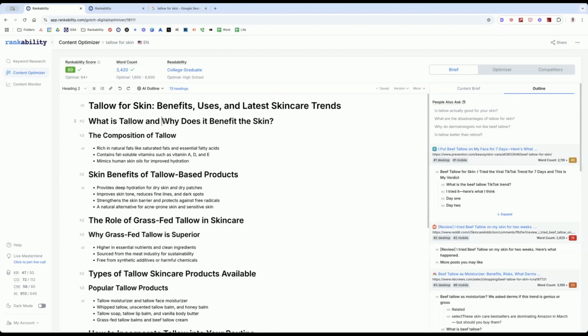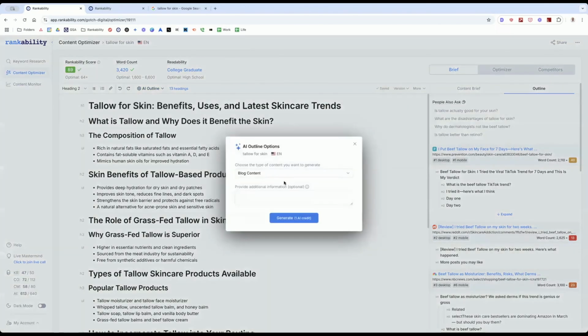Another thing to keep in mind, Nathan, if you want to click on the AI drop down and create a brand new one from scratch, you can click create new AI outline, and it'll usually take about a minute. The cool thing here is, let's say you didn't add some specifics when you first generated this. You can do it here, because what we've found through a million tests at this point is that if you add the additional information to the outline, it works a lot better with the AI